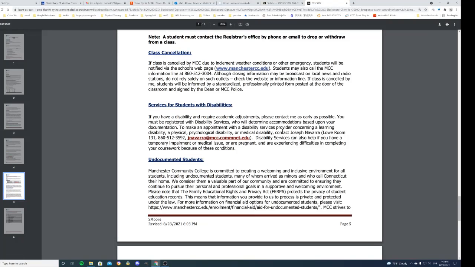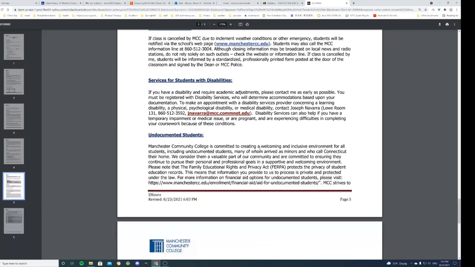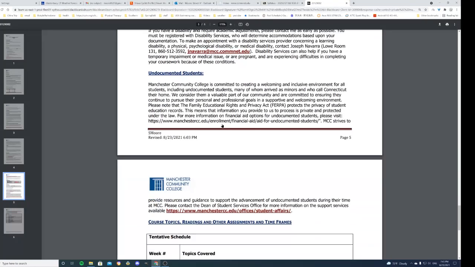And what they do is they contact the instructor directly. Okay, undocumented students. So if you're an undocumented student and you want more information, there's more information on the website. And also, you could contact the Dean of Student Services office if you need to.